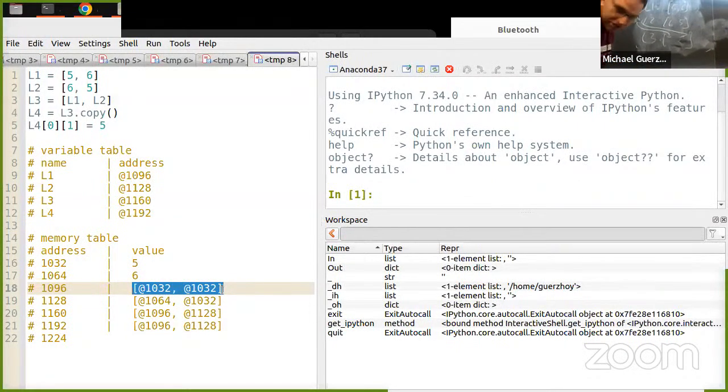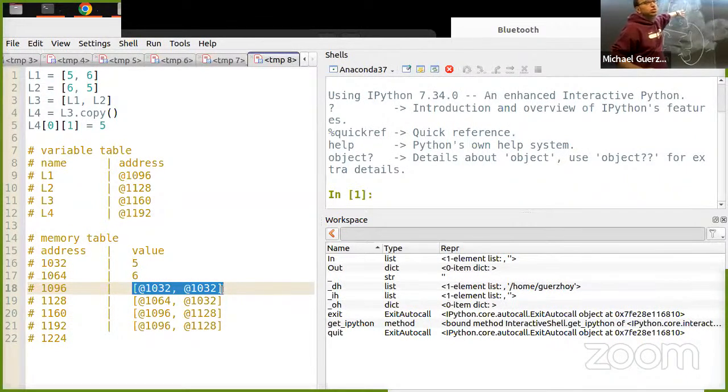I'm not sure I'm going to capture. Yeah. So then L4 is also this, right? So L3 and L4 have the same contents, but they're separate lists. But that's also going to go here. And this is also going to go here. Right? So L3 and L4 are two separate lists. But L3 at 0 and L4 at 0 are both just this guy, are both just the 5 6.